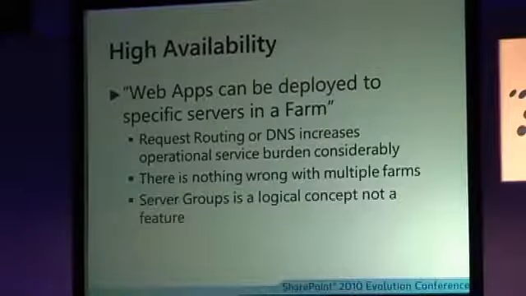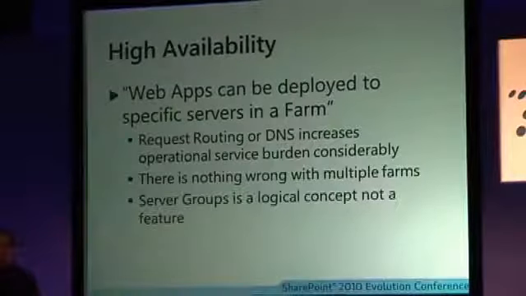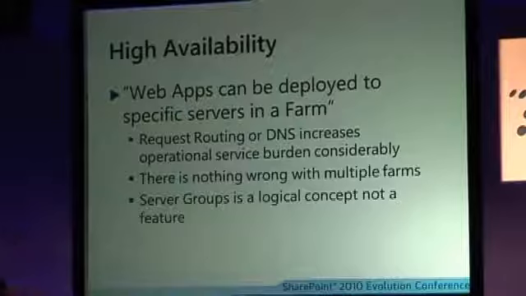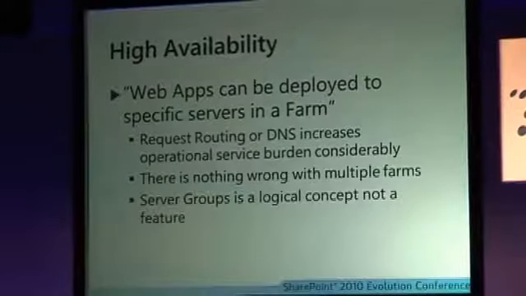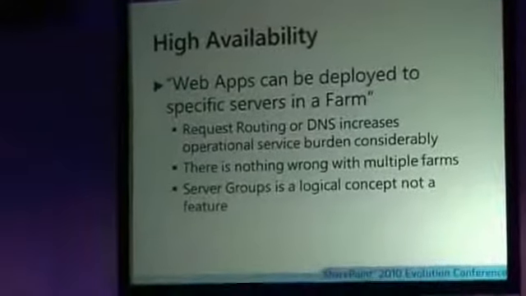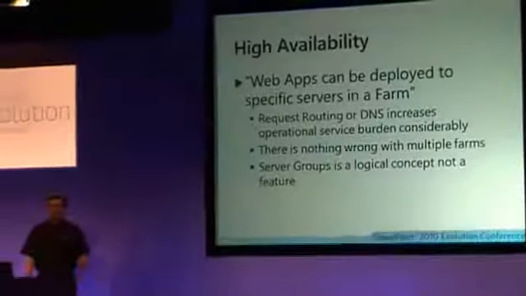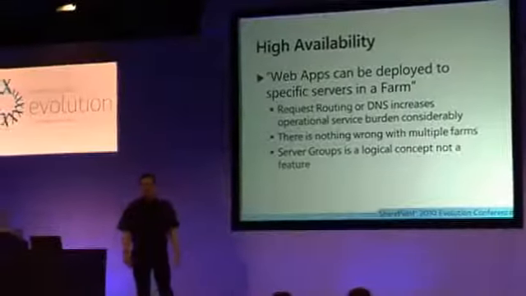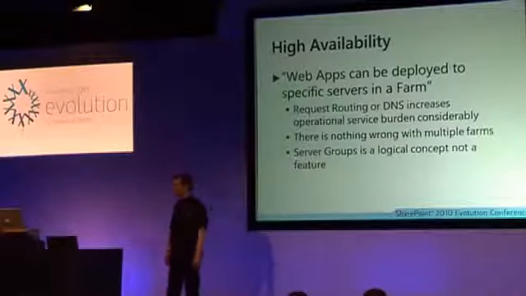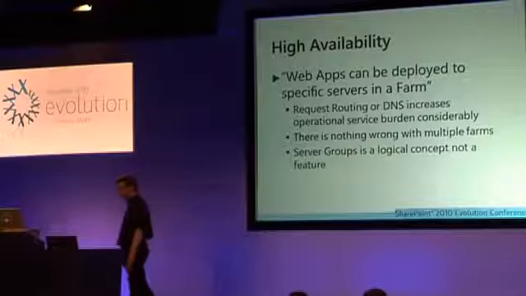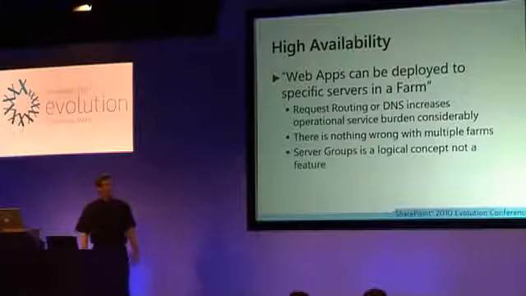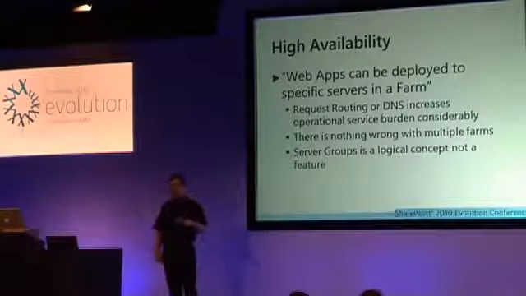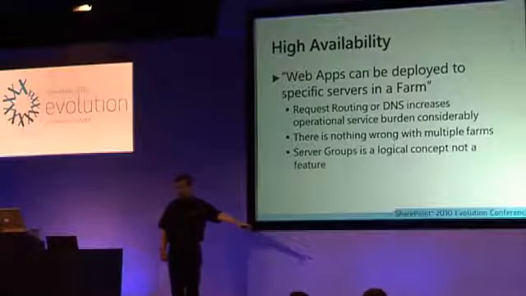The other idea is, say we've got 4 web servers, and we want servers 1 and 2 to host applications 1 and 2, and servers 3 and 4 to host a couple of other web applications. Well, you can't do that with SharePoint. By default, every machine in the farm that's running the SharePoint Foundation web application service hosts all web applications. It has to work that way. You can do some tricks with DNS or request routing, which is an add-in to IIS, or some third-party solutions that allow you to direct end-user requests for applications 1 and 2 to servers 1 and 2.